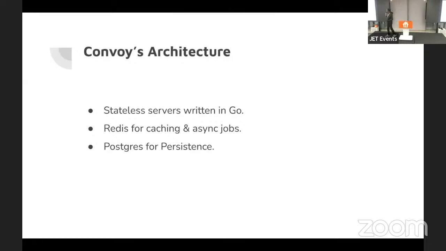And the details of it: it is written in Go. It uses Redis for caching and async jobs, and Postgres for persistence. We formerly used Convoy with MongoDB, but there were several challenges with using MongoDB. One of the challenges we experienced was that it's hard to upgrade instances.